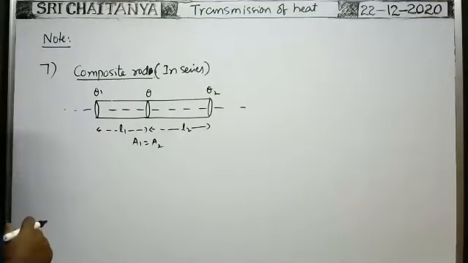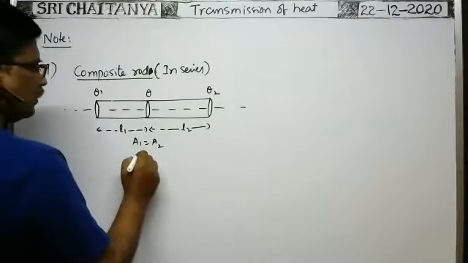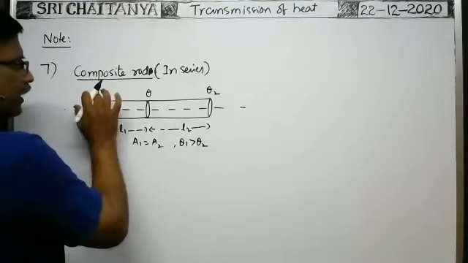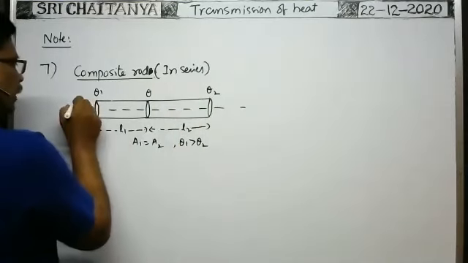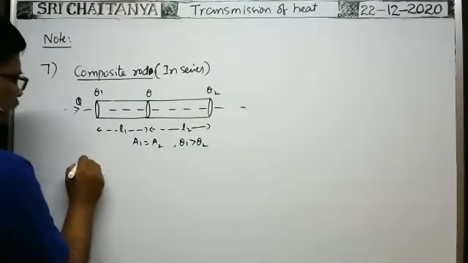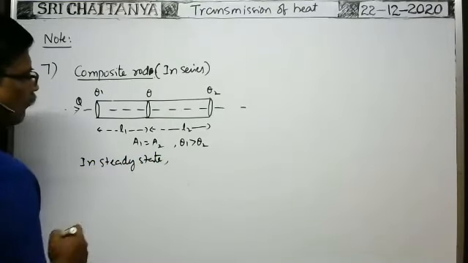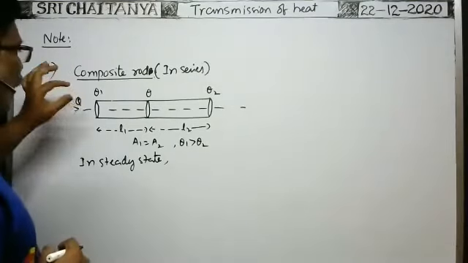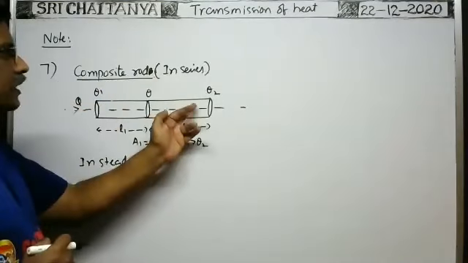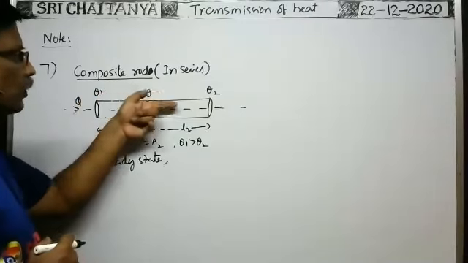Now, when you supply some heat energy to this one, of course, as the temperature difference is there, theta 1 greater than theta 2 say, then definitely heat energy transmission takes place from higher temperature to lower temperature by itself. That's why in steady state, some heat energy transmission takes place here. In steady state, whatever heat energy enters into the composite rod through this end, the same amount of heat energy comes out to the other end also. That means the same amount of heat energy is transmitted through this rod and through this rod also.